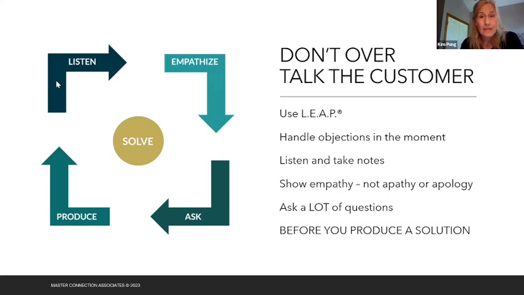Remember to show empathy. It's not apathy. It's not an apology. It's not admitting any things are wrong, bad, ugly, good, whatever. It is just saying, I hear you. I hear you and I understand. And it conveys to the customer a willingness to work through a solution and a willingness to partner with them. Again, a big part of their willingness to go forward is their trust in you. And if they feel like you have their best interest in mind, they're going to trust you more.